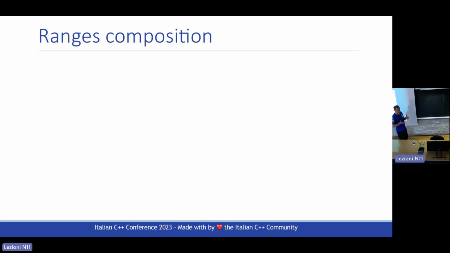Ranges are interesting, a new thing that is good because it allows us to compose. Ranges can be composed with range algorithms, and we also have range views, which are facilities that take a range and produce another range. For example, suppose that I want to output not every Fibonacci number, but only the Fibonacci numbers that are even. Okay, that is easy. We just need to have